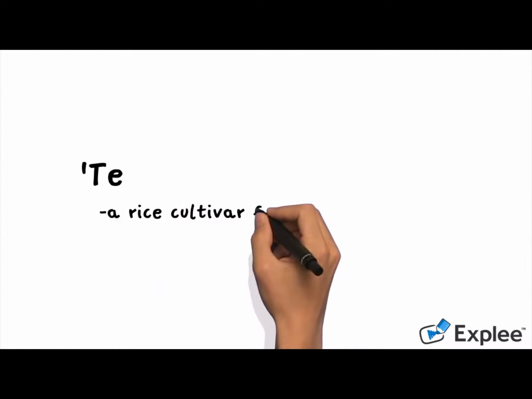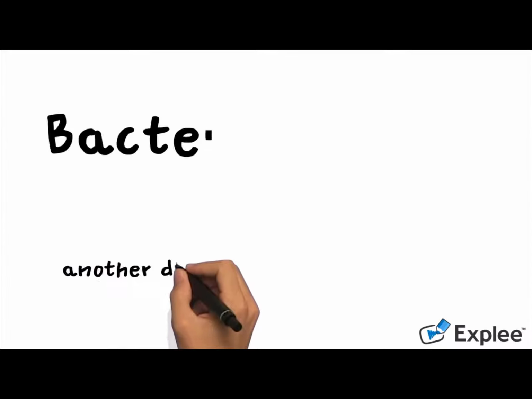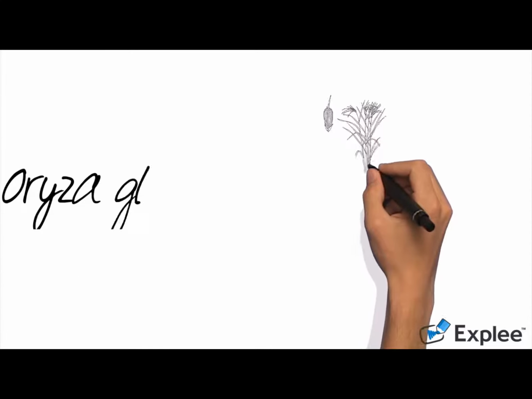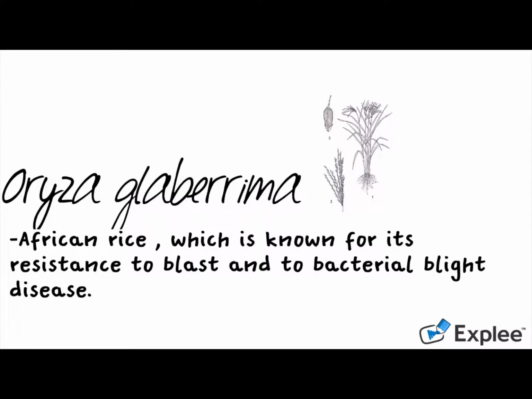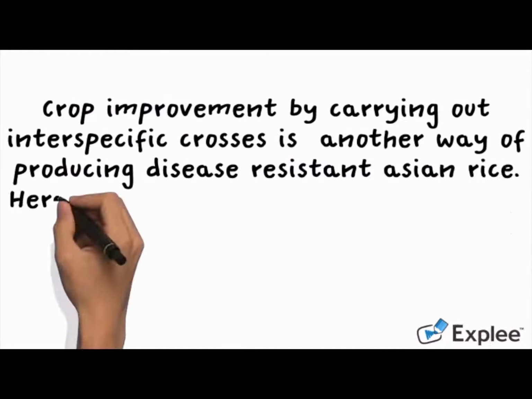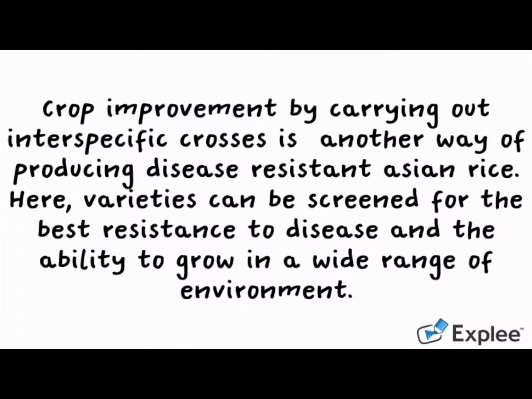A rice cultivar from Vietnam, which they called Tadukan, has several genes that give resistance to blast. Another disease affecting Asian rice is bacterial blight disease. An African rice, Oryza glaberrima, is known for its resistance to blast and to bacterial blight disease. Crop improvement by carrying out an interspecific cross is another way of producing disease-resistant Asian rice. Here, varieties can be screened for the best resistance to disease and the ability to grow in a wide range